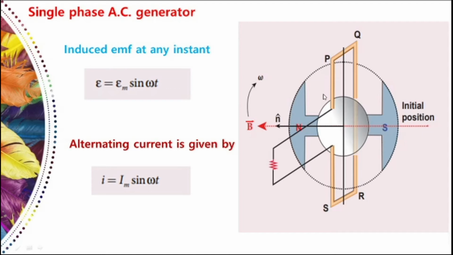A single turn rectangular loop PQRS is mounted on the stator, and the field winding is fixed inside the stator, and it can be rotated about an axis perpendicular to the plane of the paper. As I already told, keep in your mind, PQRS is stationary and it is perpendicular to the plane of the paper. When you just excite the field windings, a magnetic field